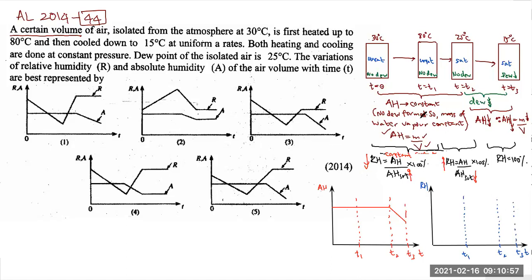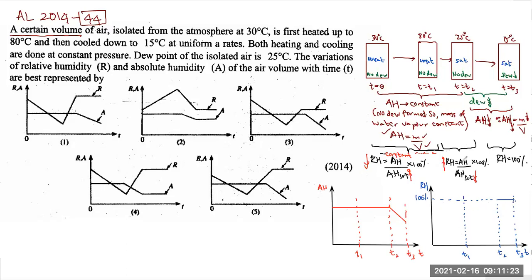What about relative humidity now? It had a lot of different changes, but you have to be very careful. It's 100 after T2. So I will draw the 100 first. It's 100 after T2, and it was never 100 before that at any time. It will be 100 after T2 because it was never saturated before T2.